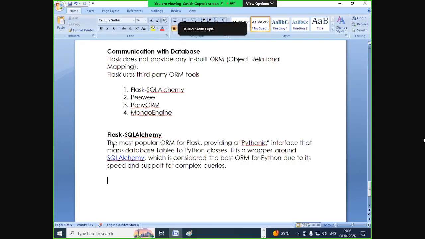Then what are the basic steps to communicate with the database? Not like Django, you have to follow some other steps. But what are